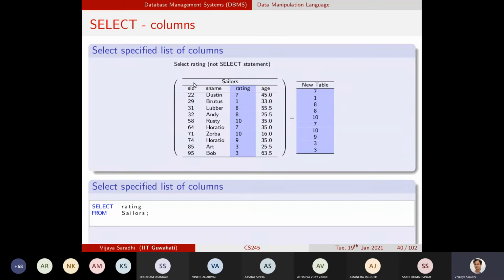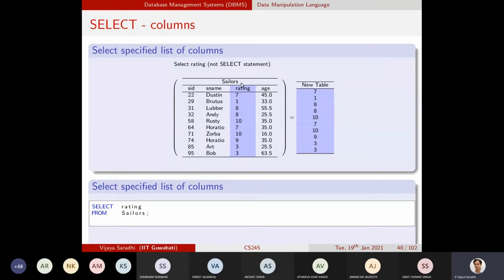See here, in this particular example, only one table is there, and sailor ID is a unique number. That is a constraint in this particular example. No two rows have identical identity of sailors. But is it always the case that no two sailors must have the same rating? Two sailors can have the same rating, right? So the resulting set, whatever it might be, didn't even bother about what the constraints are. These constraints are to be honored on this particular sailors table.